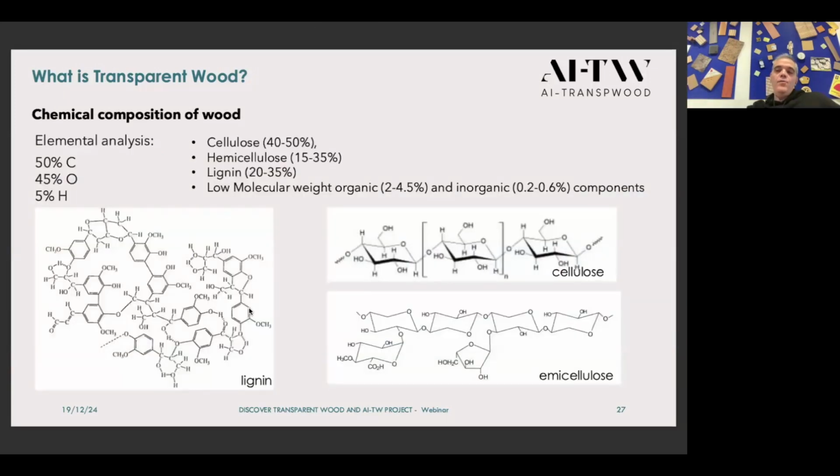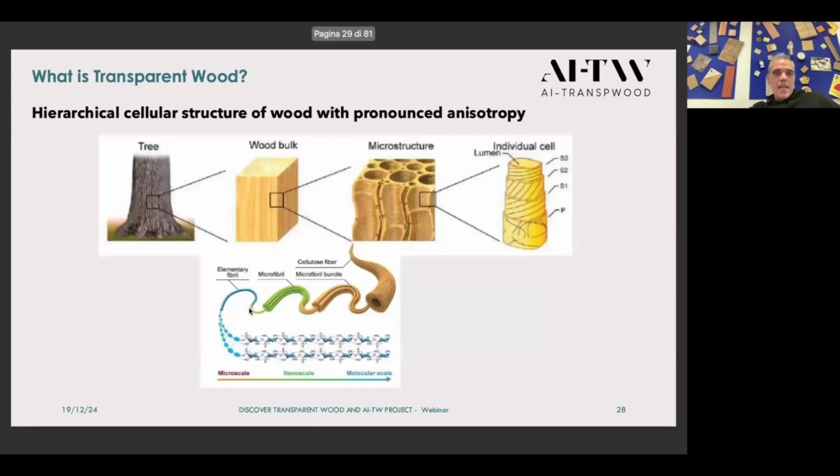This is because wood has a certain chemical composition, made of roughly three main elements: carbon, oxygen, and hydrogen. And these elements are structured, giving rise to three main components: the cellulose and the hemicellulose, that are two polymers, and the lignin, that is a big molecule. It's called a macromolecule. If you cut a tree and you get wood bulk and you examine the microstructure, you will see that the wood